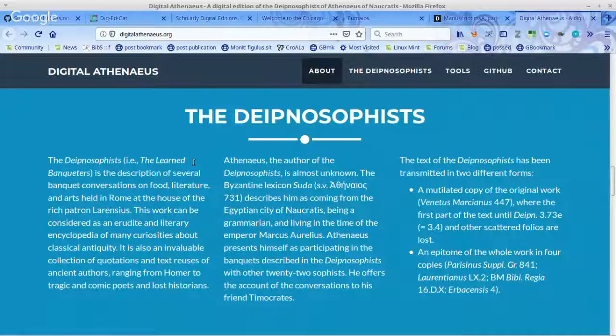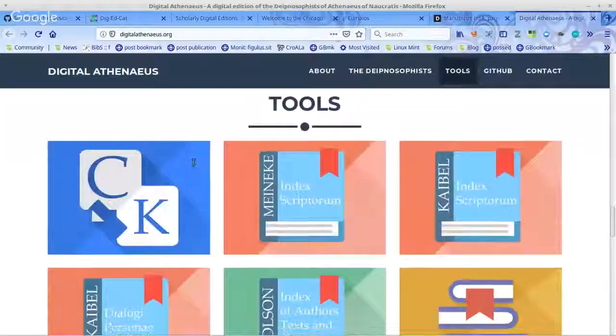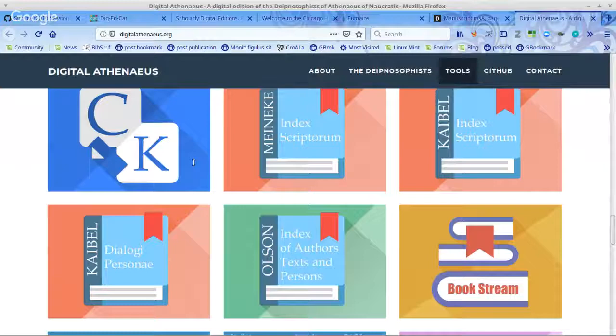And because later a lot of ancient Greek and Latin was lost, Athenaeus is an important source for many of those texts that we cannot read today except through him, and also for much valuable information on how people lived in the ancient world. But the Digital Athenaeus offers actually 9 ways to approach Athenaeus' work, and you will notice